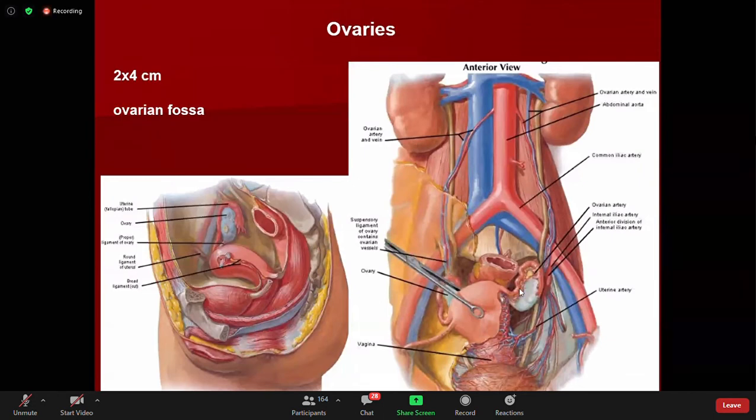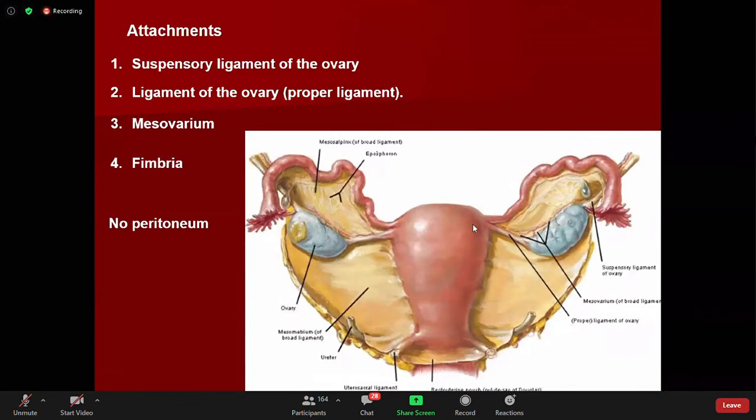Now, the ovaries are small structures, 2 by 4 centimeters. Some textbooks describe them as being located in the ovarian fossa. No such thing, because ovarian fossa refers to the place between the ureter and the internal iliac artery. But the moment that the uterus grows up during pregnancy, they will never come back to their normal position. So 2 by 4 centimeters, attached to the uterus by ovarian ligament, attached to the uterine tube by infundibulum,